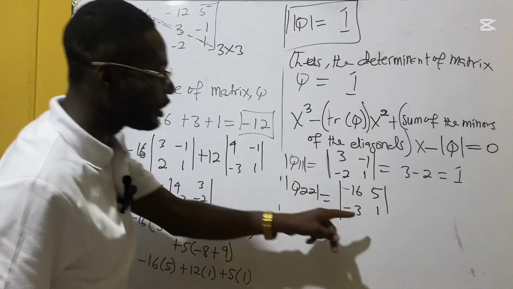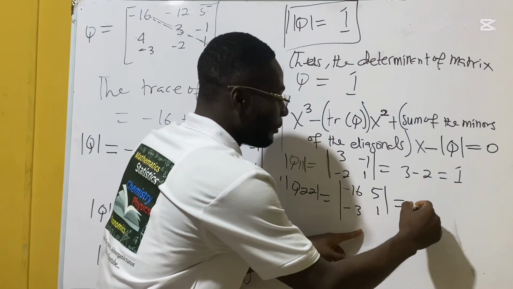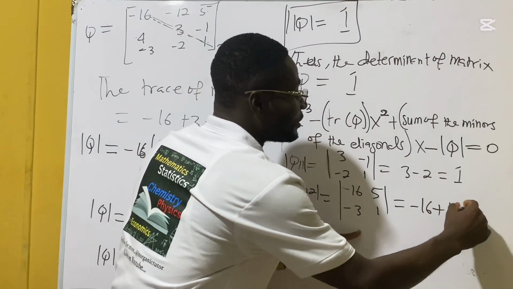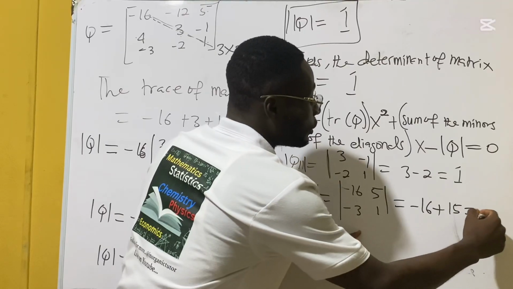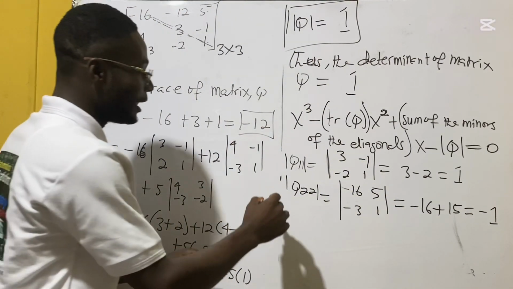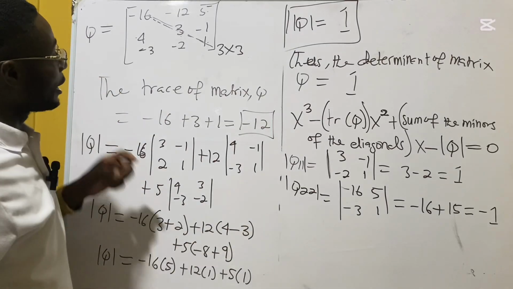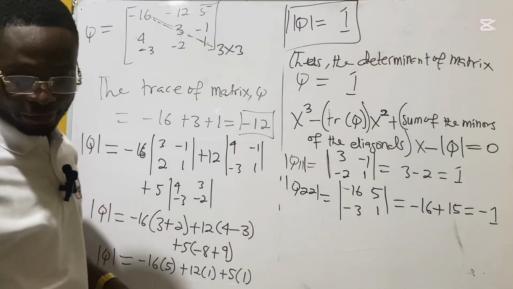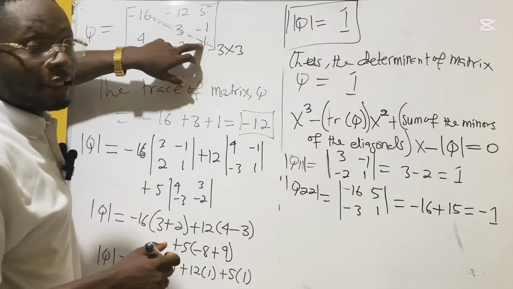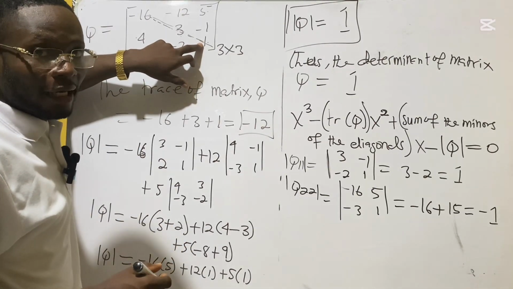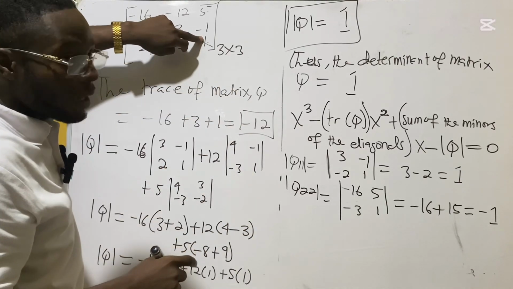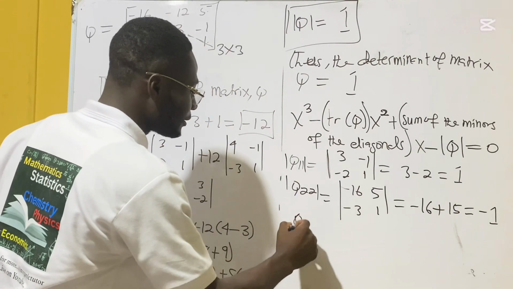Okay, so here we are going to have minus 16 plus 15, right? So that is equal to minus 1. Okay, so the next one is Q33. So Q33, that is the third diagonal element. So that is this one. So we cover the one here. So when we cover that,